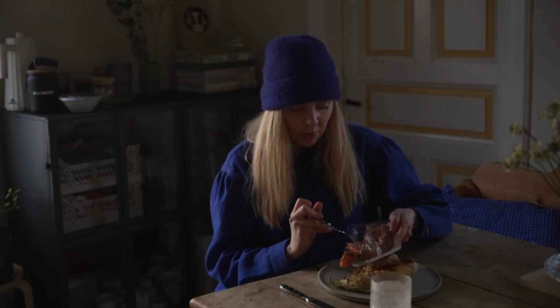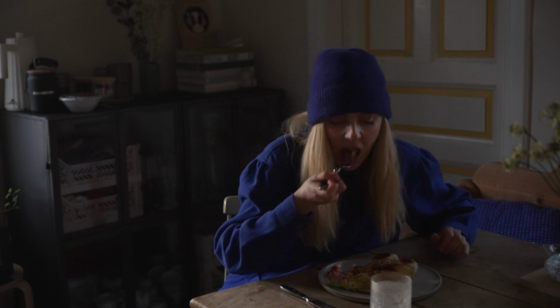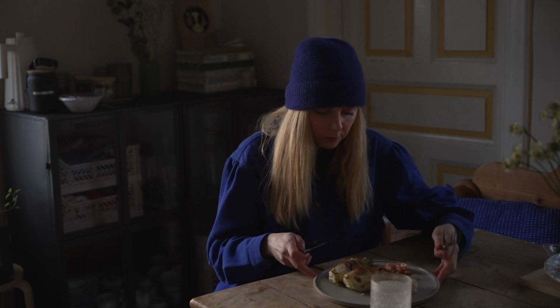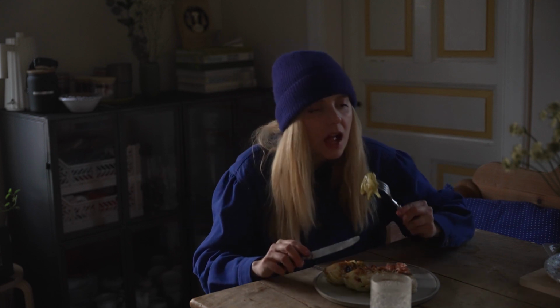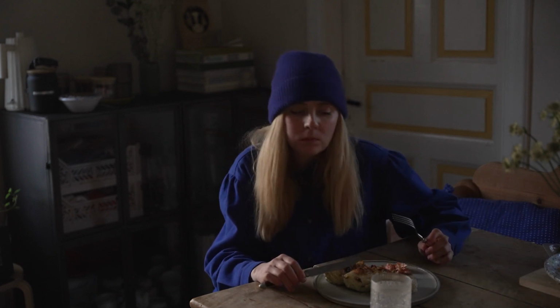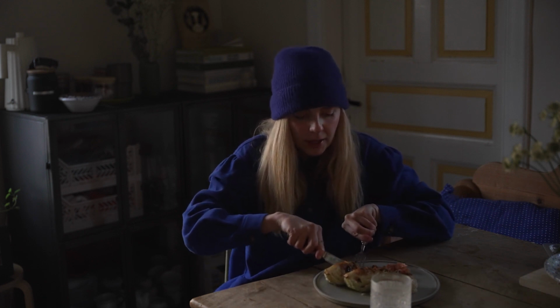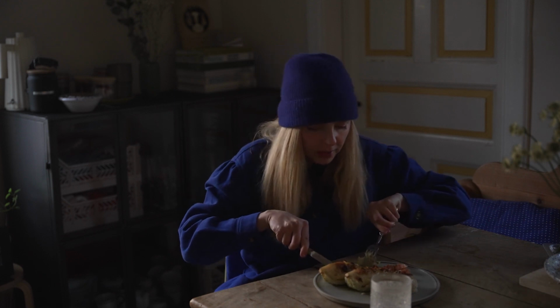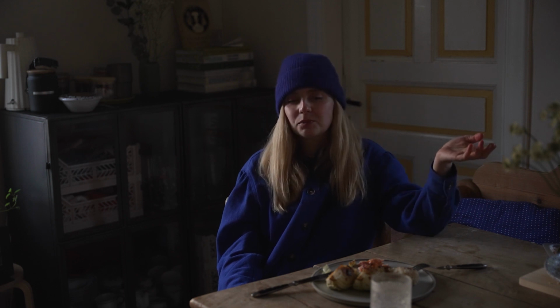And I'm gonna try the cabbage, although of course I know what it tastes like because I've cooked this so many times now. Let's see. Oh, it's so soft. I love it. It is so soft, so buttery, so fresh, and obviously a little bit spicy because of the chili peppers in the yuzu paste. But it's just, oh my god. Please try this. If you try one of my recipes, please try this cabbage because it's just so good. I love it. And it's so easy to make. It's like a fine dining thing,